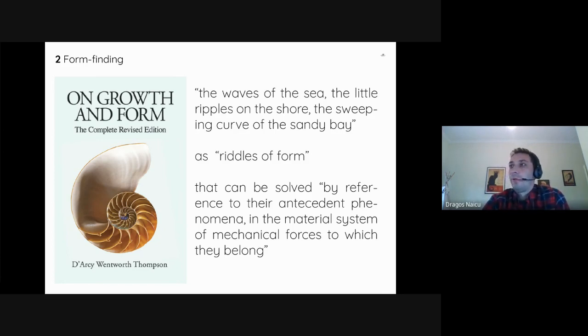So the book On Growth and Form came at a time when all these discoveries were happening, and people were studying the natural world in deeper detail. D'Arcy Thompson refers to the waves of the sea, the little ripples on the shore, the sweeping curve of the sandy bay as riddles of form that can be solved by reference to their antecedent phenomena in the material system of forces to which they belong. So what he means is that everything in nature has arisen due to some mechanical and material processes. And this book illustrates that